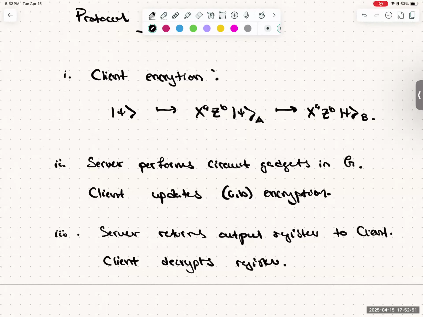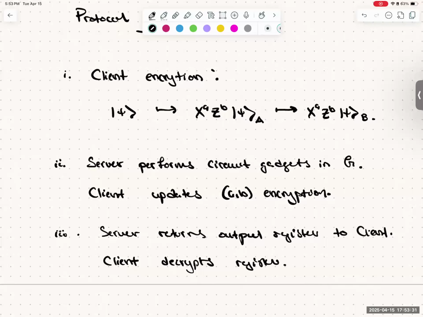Okay, so the scheme is this psi, at first in Alice's location, and then she applies these unitaries randomly, right? Yeah, she chooses A and B randomly. That's exactly right. And then she sends the state over to Bob, and Bob applies these gadgets, which I assume are some sort of unitaries. Yeah. And then at the end of the circuit, the measurements are performed by Bob, and then he sends over the outputs back to Alice.